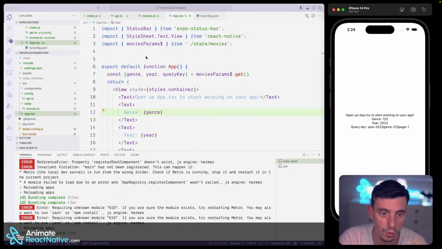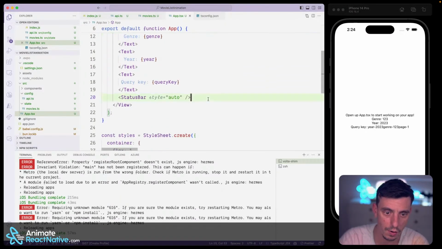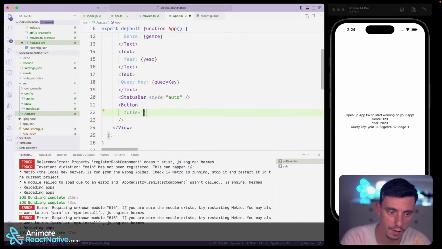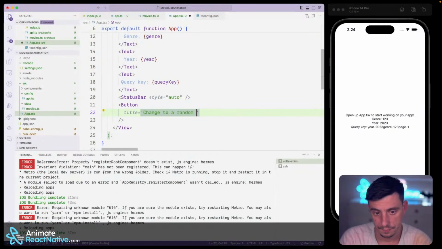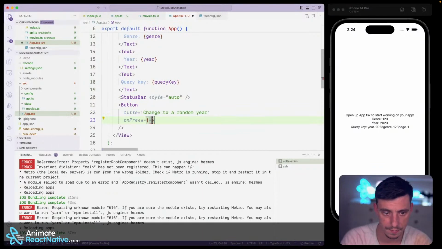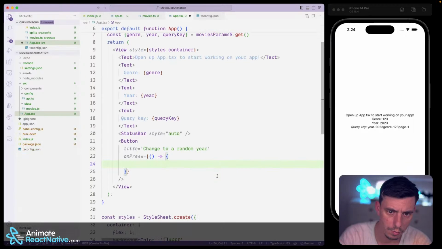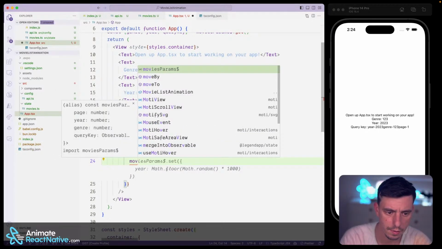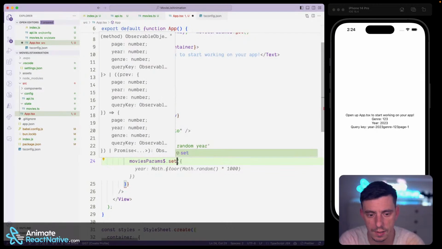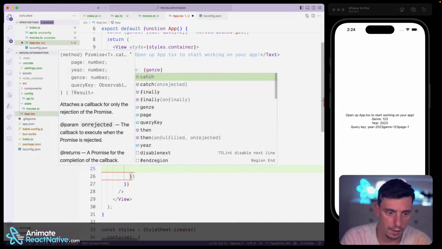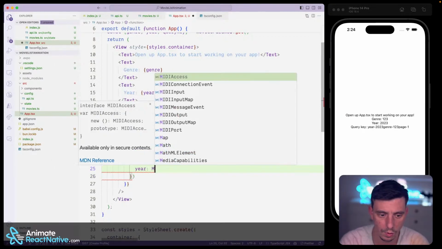But look where the magic is going to happen. So I'll create here a button, and I'll say titled, change to a random year, and on press is going to say the, how is it called, movies params, and I'll set the year to math random